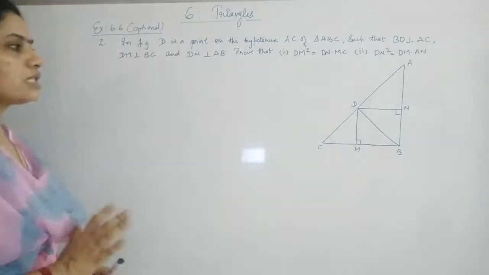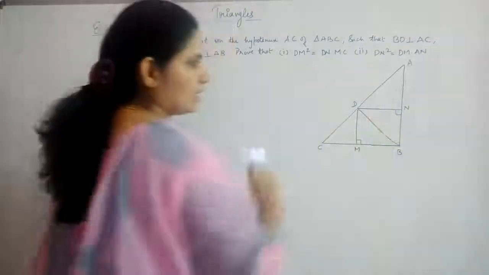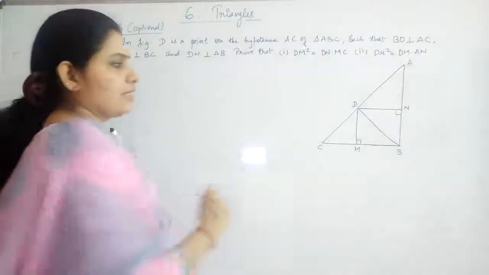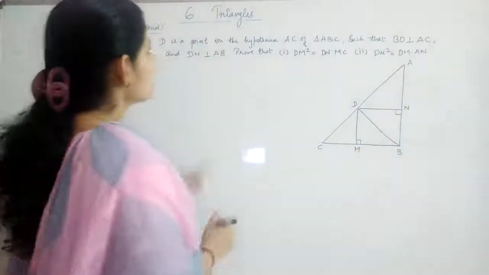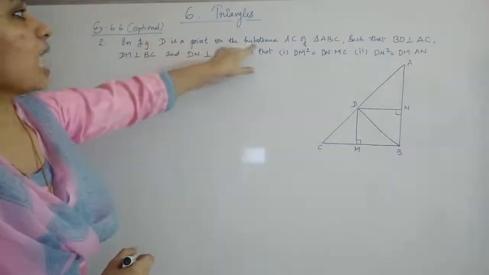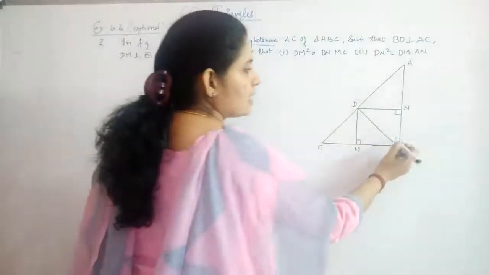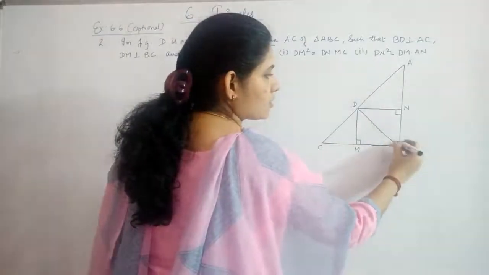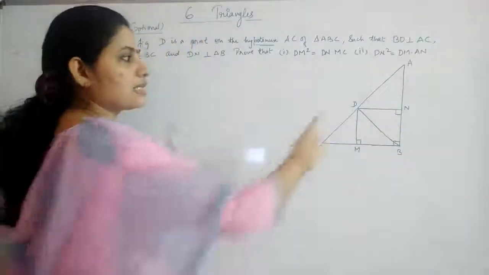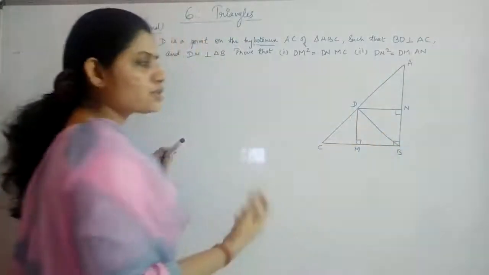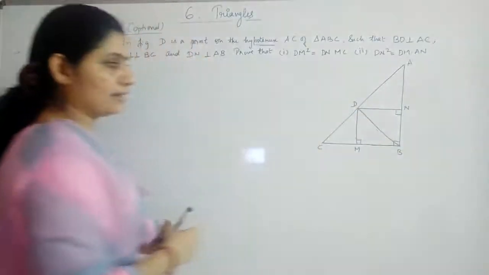Okay, for that, first what we are doing is, for this thing, that is your MBND, we will prove that this is a rectangle. Since these two concepts are given in the question itself, and since D is given to be the point on the hypotenuse, when they say hypotenuse AC of triangle ABC, that is obvious that this is a right angled triangle, and here also you will have 90 degree, right? So three angles you got to be 90 degree in this quadrilateral, so that the fourth angle will automatically be 90 degree. That means this will form a rectangle.